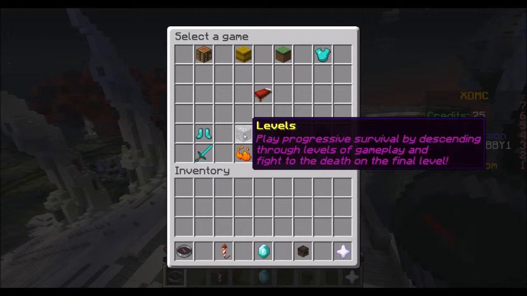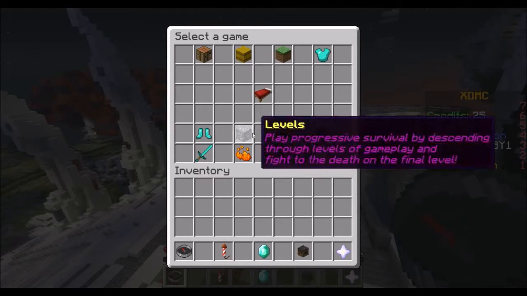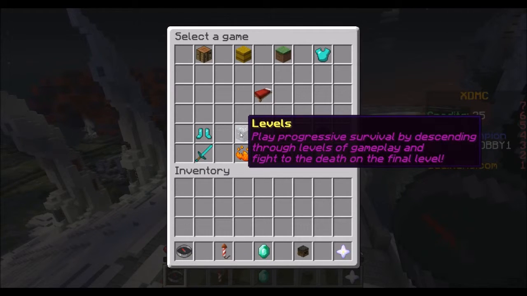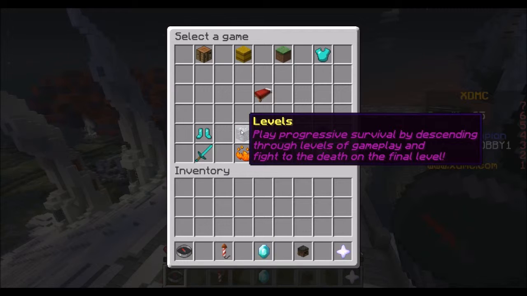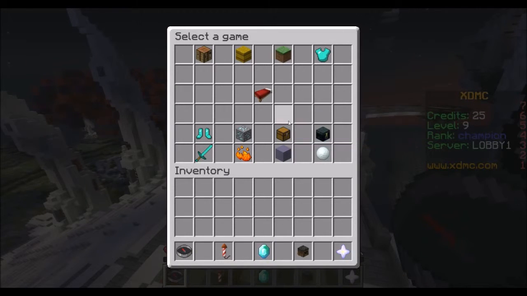And the moderators have all put up an individual tutorial for how to actually play the game. So you have Levels right there, which is survival by descending through levels of gameplay and fighting through the death to the final level. Then we have Survival, which is SG, which a bunch of servers have,